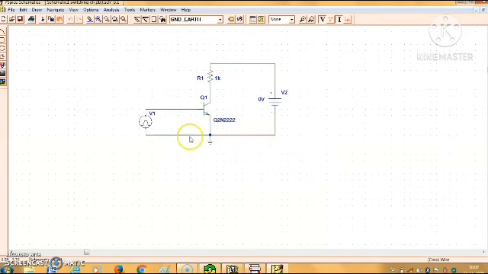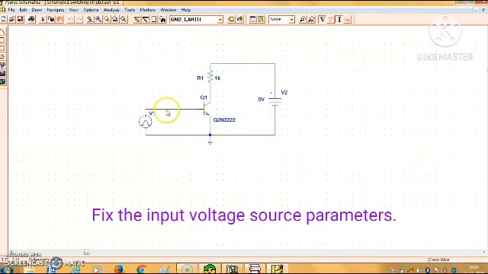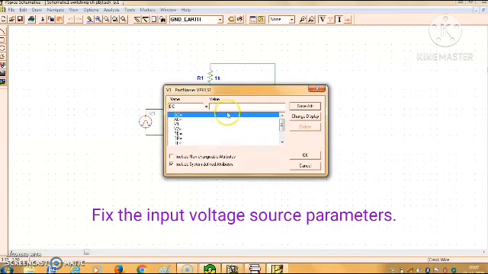Now we have to set the input voltage source parameters. Set the DC voltage to 0 volt. Set the AC voltage to 0 volt. Set the voltage V1 to plus 5 volt, V2 to minus 5 volt. Now fix the delay time TD equal to 0 millisecond.